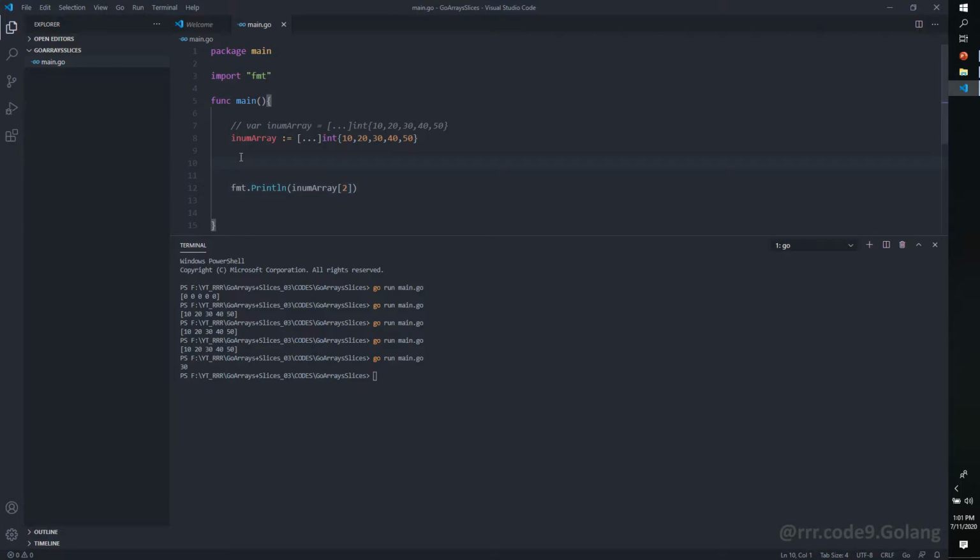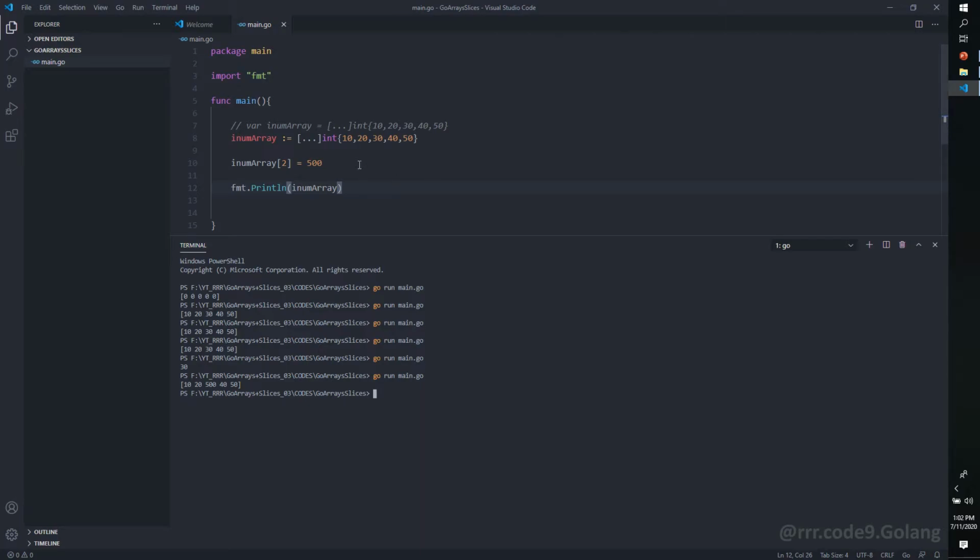In case you want to change this third element or fourth element, you can follow similar syntax as in most of the languages. That is, we mention the index number 2 and change this to, let's say, 500. And let's print the complete array again. So here you can see the third element has been changed to 500.